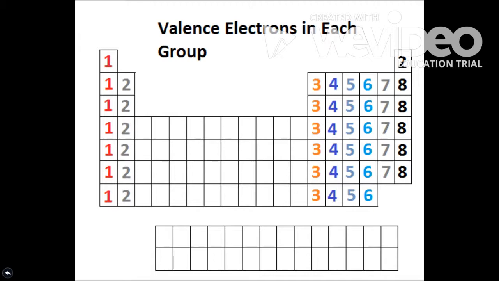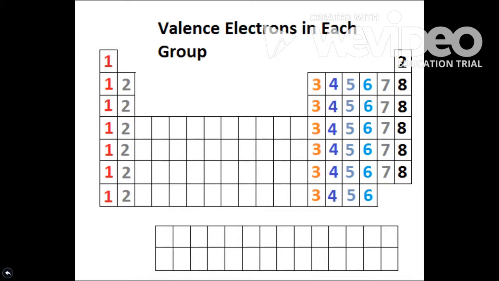And really, from that, you should know that anything that falls in this first column, this is group 1, it will have 1 valence electron. That's what I'm showing on this graphic. In this second column, column number 2, they will have 2 valence electrons. In the third column, skipping the transition metals, we skip to this third column, and this will have 3 valence electrons, and we'll continue the pattern. In the fourth column, this will be 4 valence electrons, 5 valence electrons, 6 valence electrons, 7 valence electrons, and